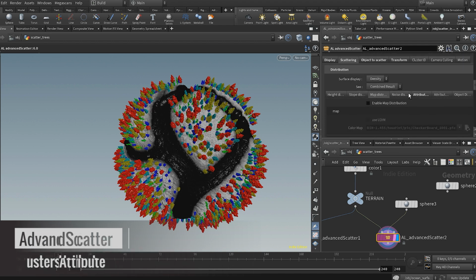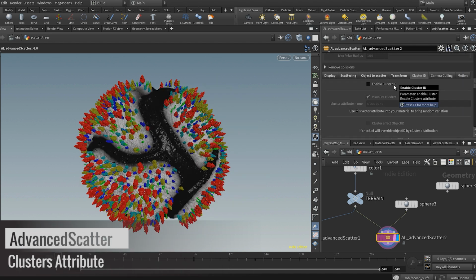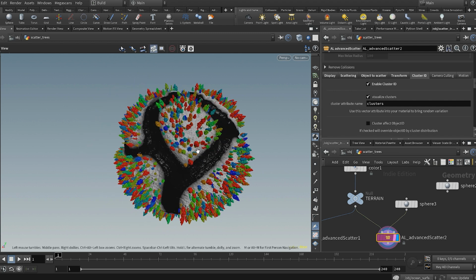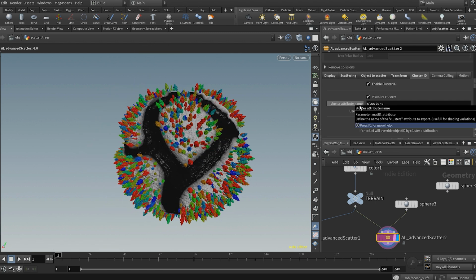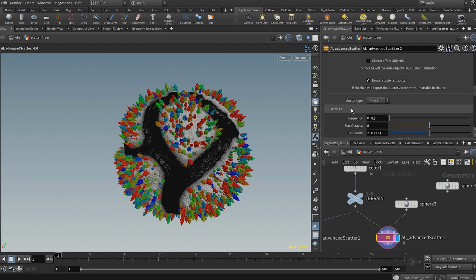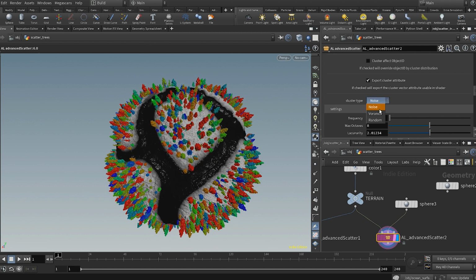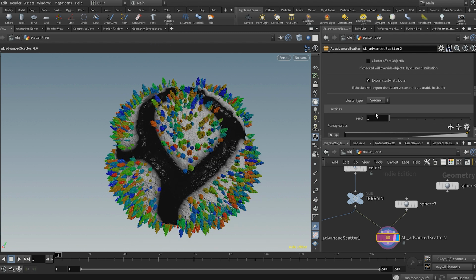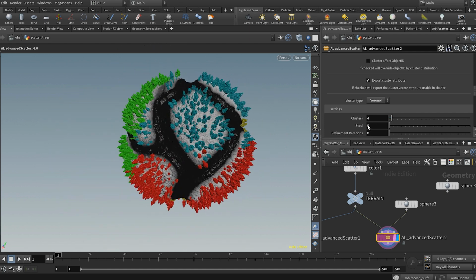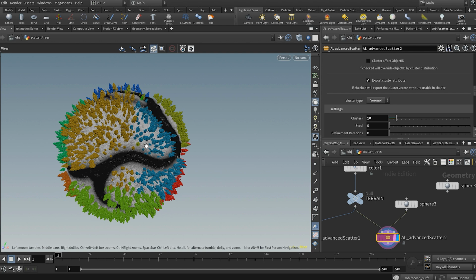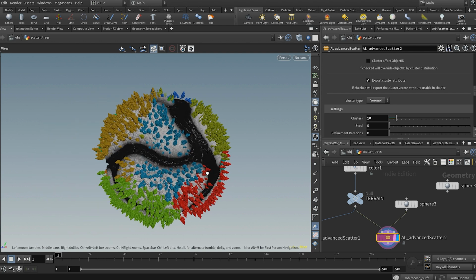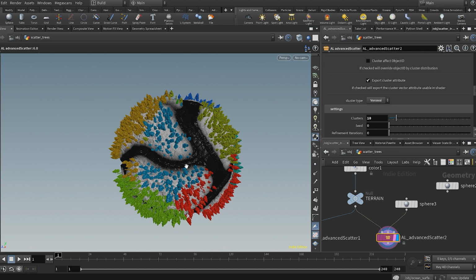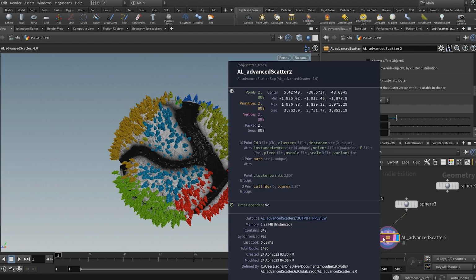I'm gonna increase that. So we also have cluster ID. So cluster ID is an additional attribute that you can add. It's a vector that is called clusters in that case, and you can use it to generate an attribute based on a noise, a Voronoi, or a random. So yeah, very different kind of system. That's the Voronoi by default. Doesn't have much stuff, but something like that, you know, it can be interesting if you need to bring some material variation in shaders. So if I middle click, we see that we have this clusters attribute